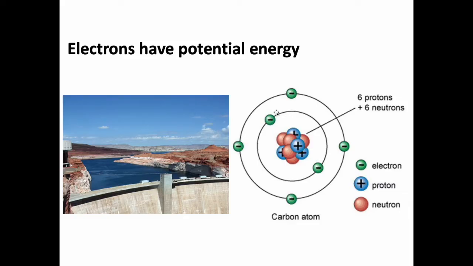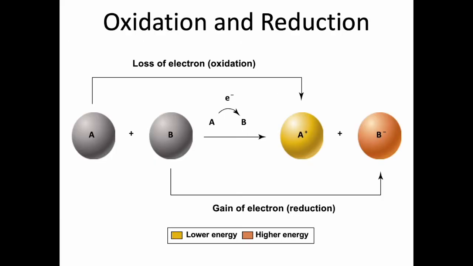This also means if you have more electrons, you have more potential energy, and if you have fewer electrons, you have less potential energy. There's some terminology that comes with this, and here's a single slide that I think does a great job of laying this out. Here's our generic molecule A. If it loses an electron, it is going to have lower energy, color coded in yellow. A has lost an electron. It is now in a lower energy state.